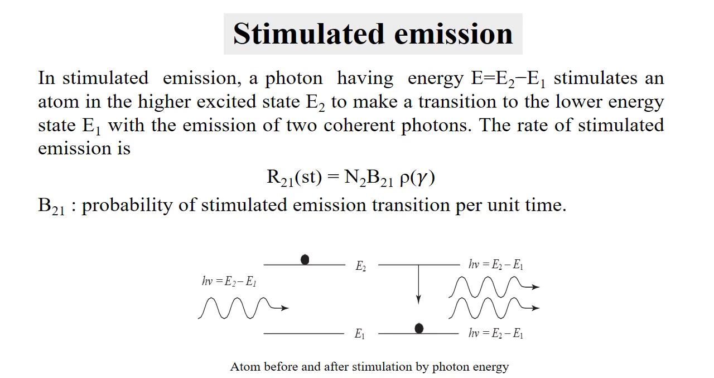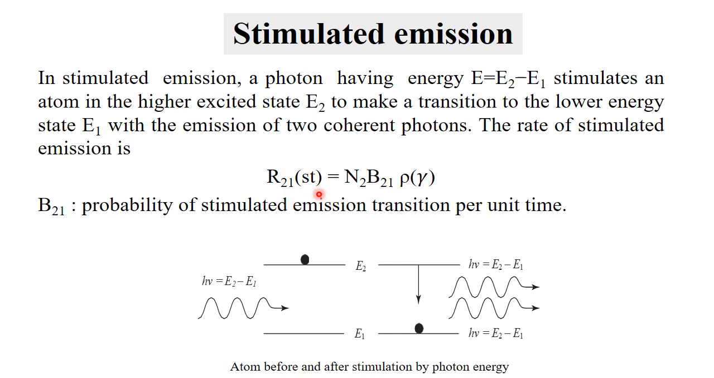Then let's see what is stimulated emission. In stimulated emission, a photon having energy E, which is equal to E2 minus E1, stimulates an atom in the higher excited state E2 to make a transition to the lower energy state with the emission of two coherent photons. The rate of stimulated emission is